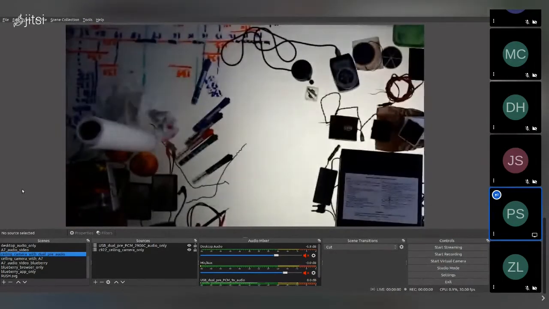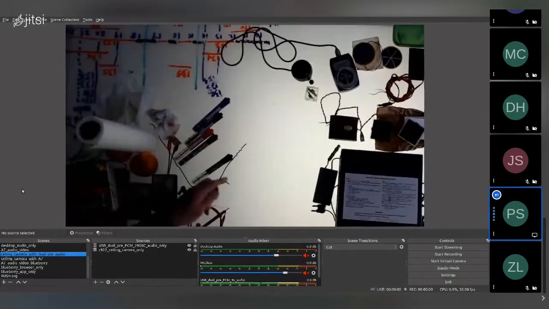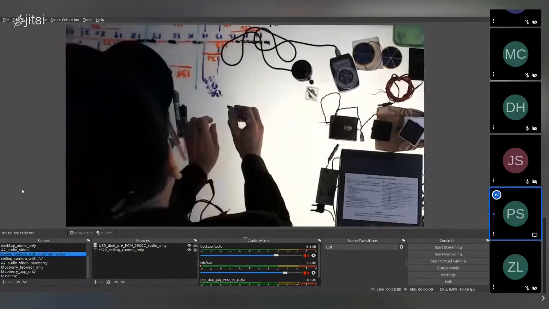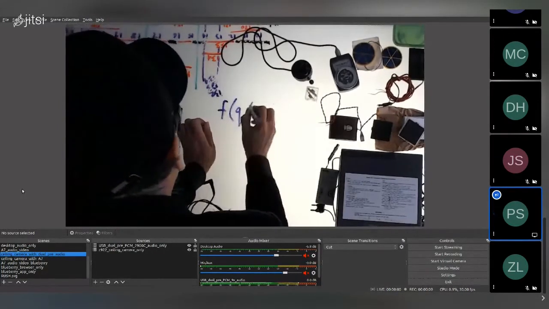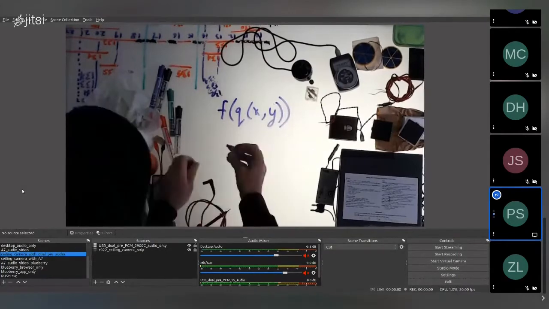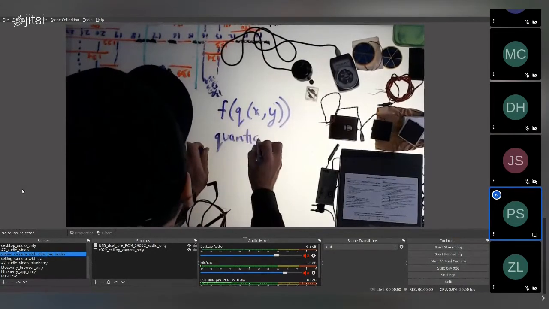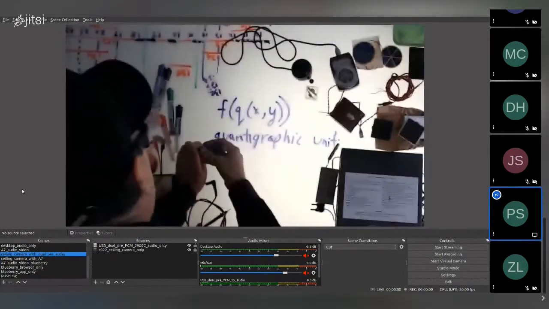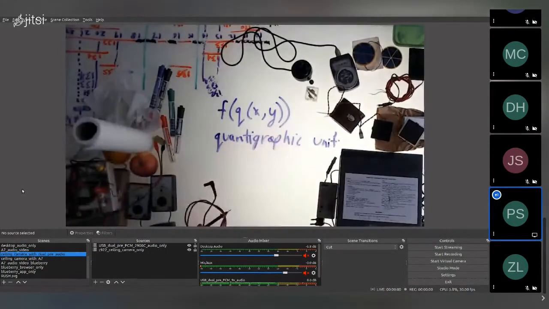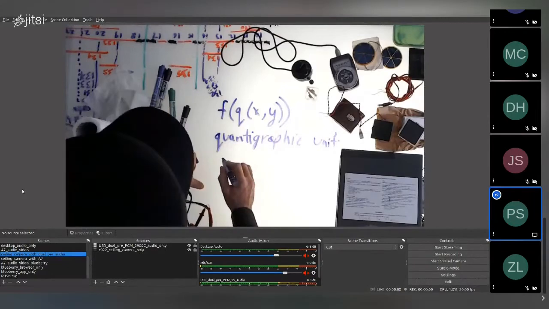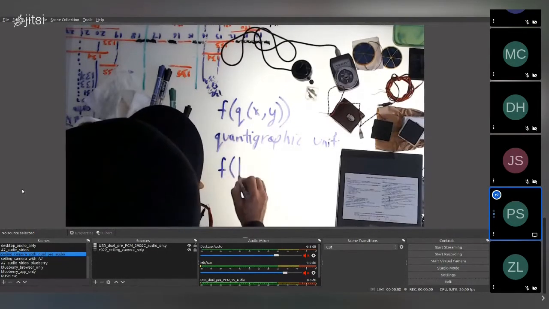So now what we have fundamentally is some quantity f of q of x, y that we're picking up. So we have some function f of the quantity q, and we call this quantographic unit. And so q is this quantographic unit denoting the quantity of that which we're trying to sense. And we know that there's different interpretations of q. There's different gain settings. So more generally, what we're going to measure is f of some constant k times q of x comma y,